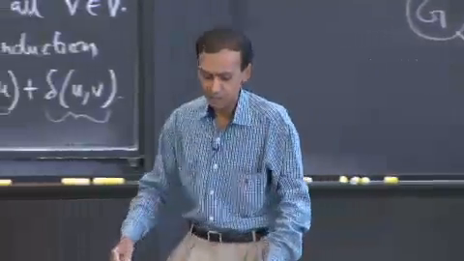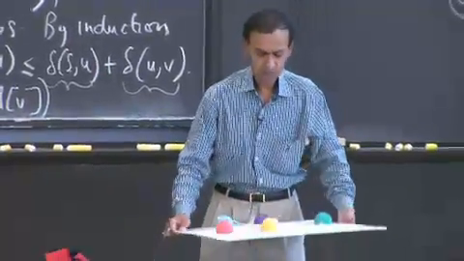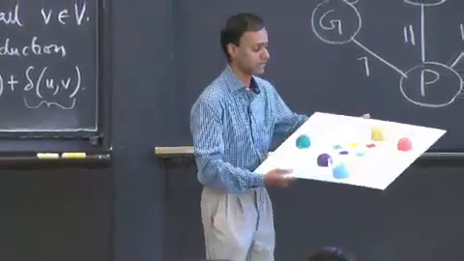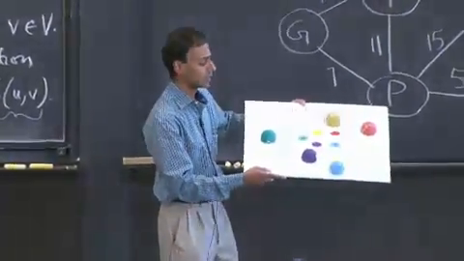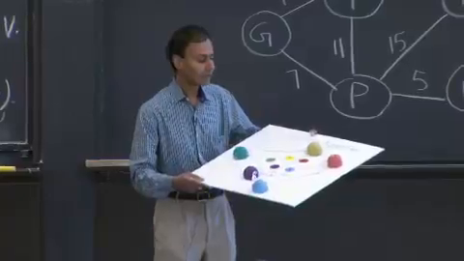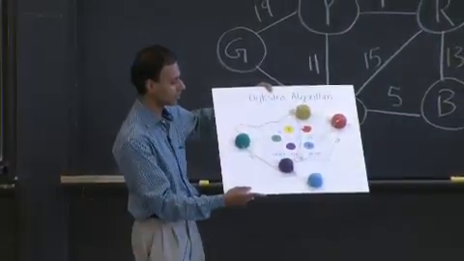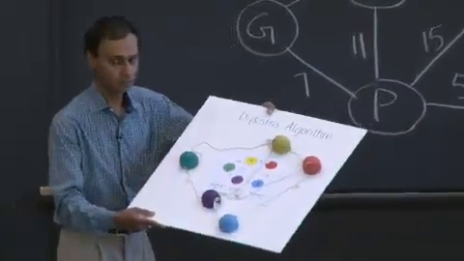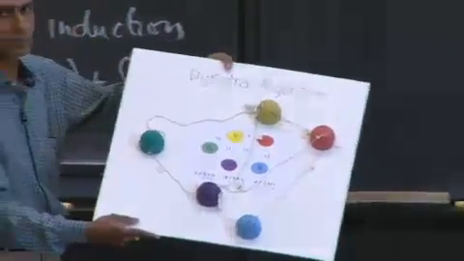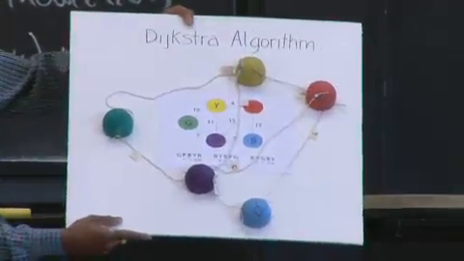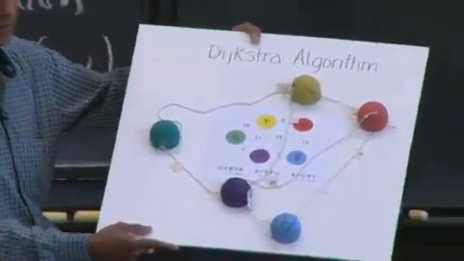Right? So here's a demo of Dijkstra, which I want to show you because it'll give you some intuition as to why Dijkstra works. Now, some points of note. I can't tilt this more than about this much, because then these balls will fall off. So cameraman, can you get this? All right, for posterity. So I got an undirected graph here, right?